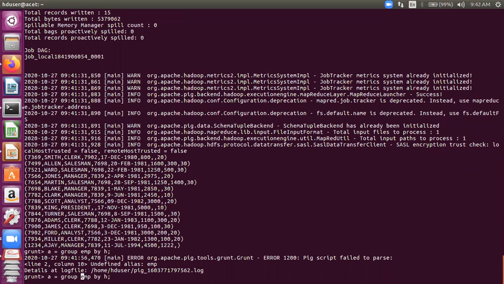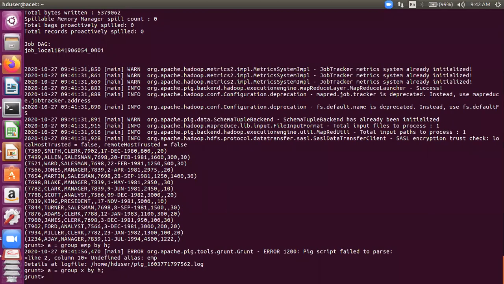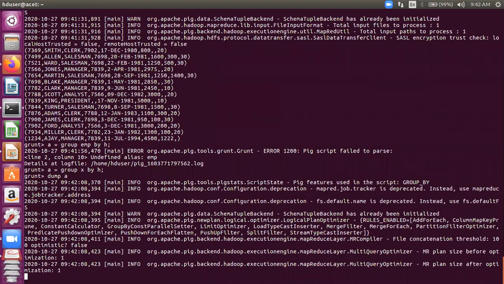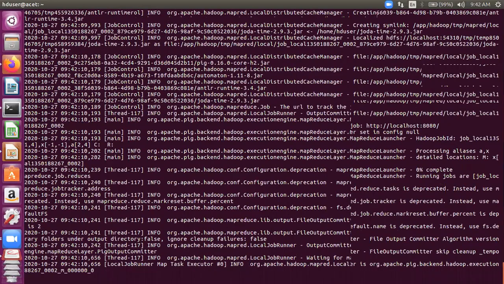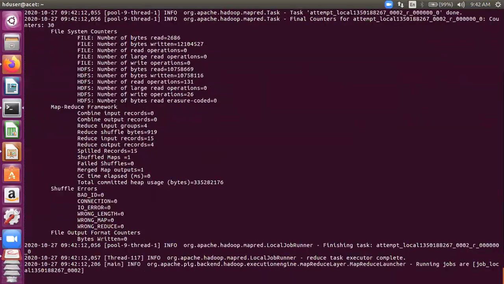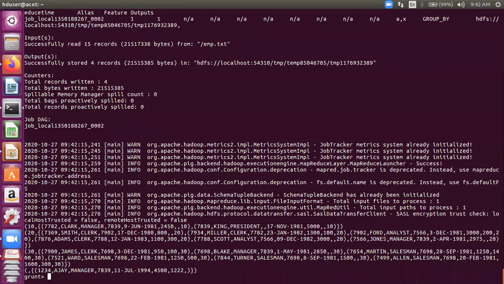We took the name as X. So once I've grouped the relation X on department number, and if I dump the output, you can see that there are 4 groups: group 10, group 20, group 30, and a null group, because there are only 4 departments, 10, 20, 30, and a null department. So null is a separate group.